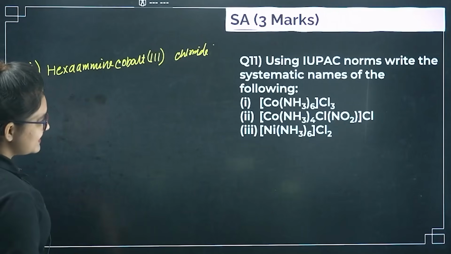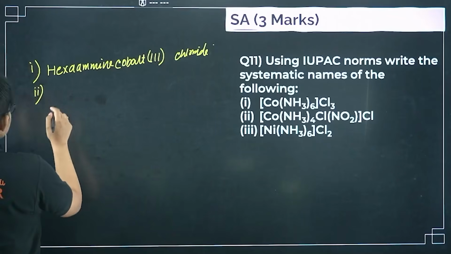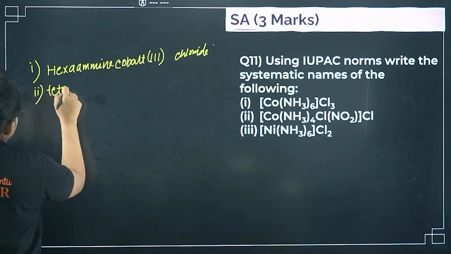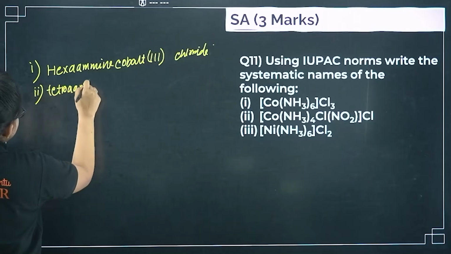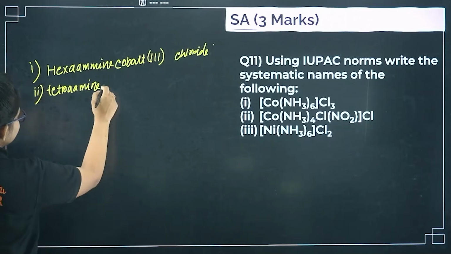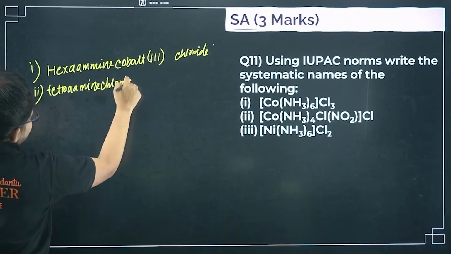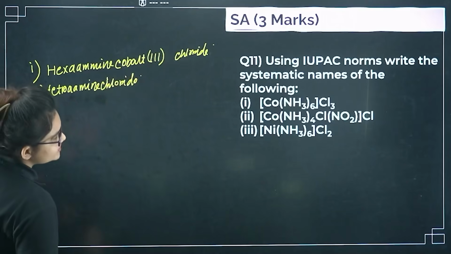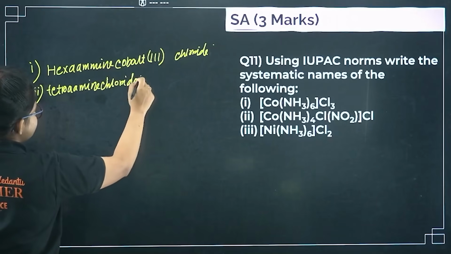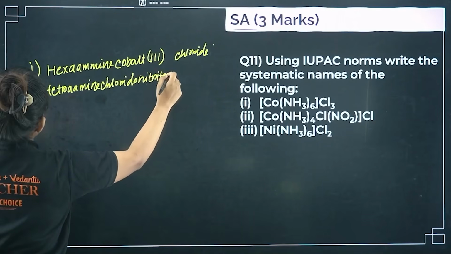Next one, [Co(NH3)4 Cl(NO2)]Cl. Okay, so ammine we will start with because alphabetically it comes first. How many ammine? Tetraammine, then chlorido, then nitrito. Nitrito is an ambidentate ligand, it is binding from the nitrogen end. So you have to write nitrito-N,